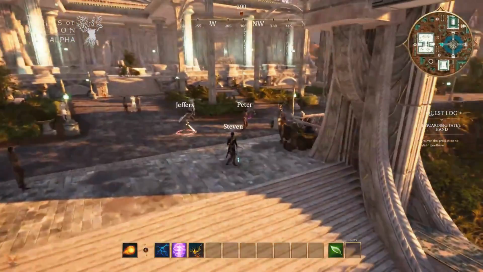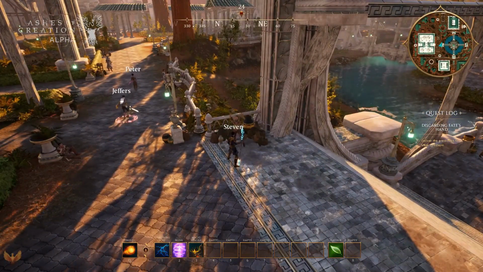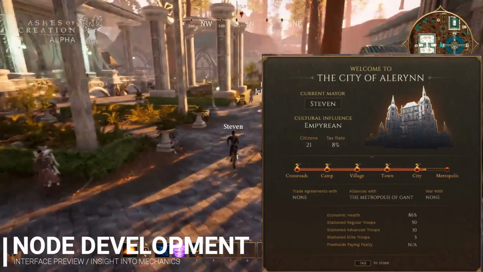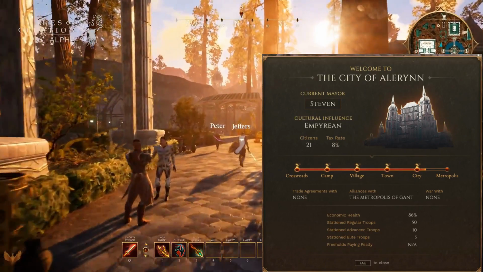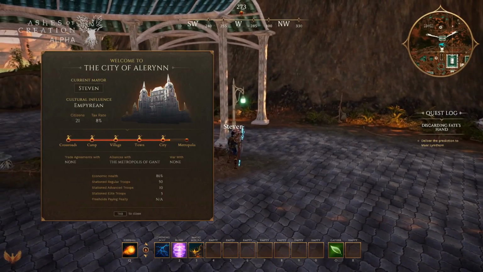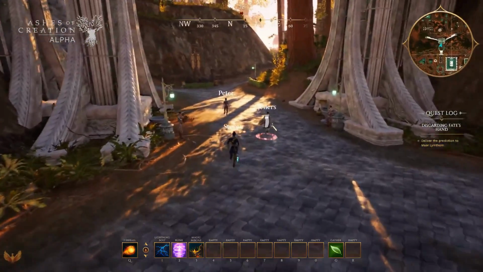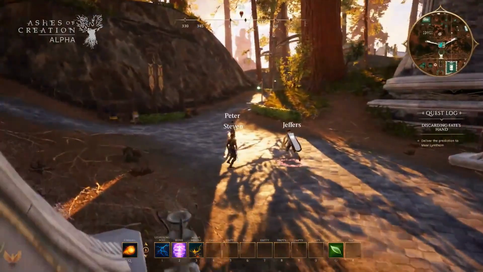Now this area is intended to be a town state. It's a city, actually. Is it a city? Yep, the city of Aileron. This is at level 5 right now. So guys, this is just a very early look at some of the Alpha 1 systems that we're putting in place. Obviously, as Jeff said, we're using the Apocalypse level to demonstrate